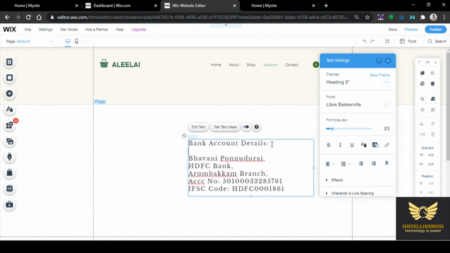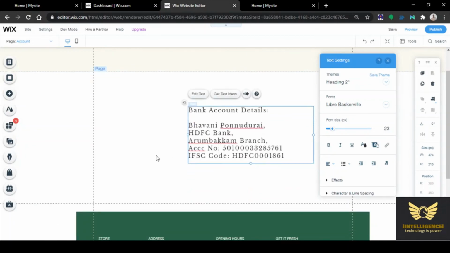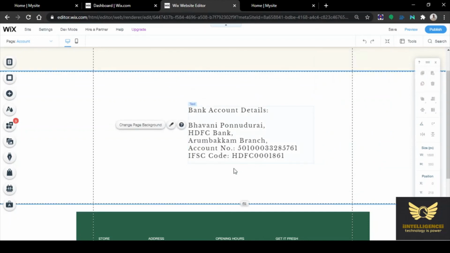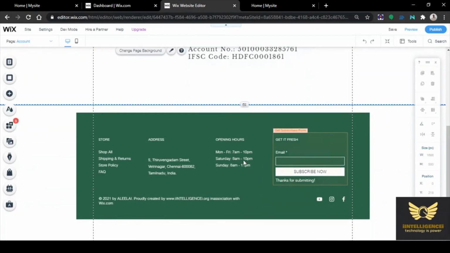On this allelite.online website, customers can buy the product temporarily using this bank account details. The products will be delivered correctly by the client through some delivery mechanism.